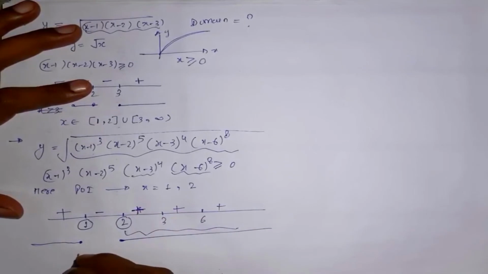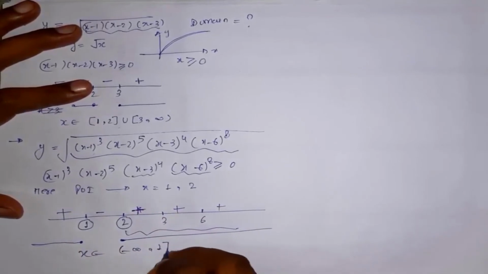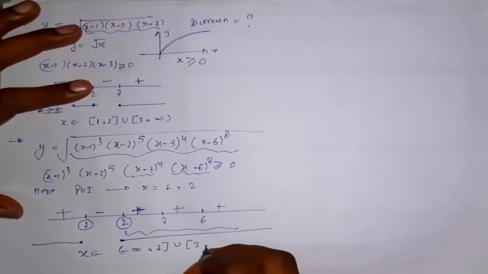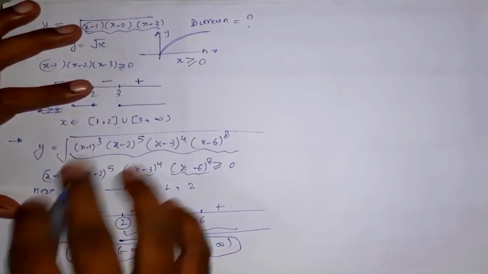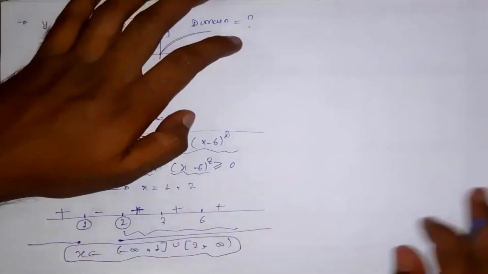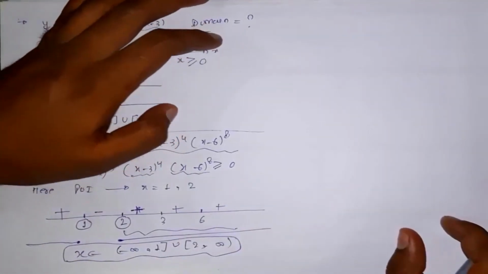Okay, so values of x will be minus infinity to 1, union 2 to infinity. So this is the domain of this function. I hope it is clear to all of you. Okay, so in the next example we will see